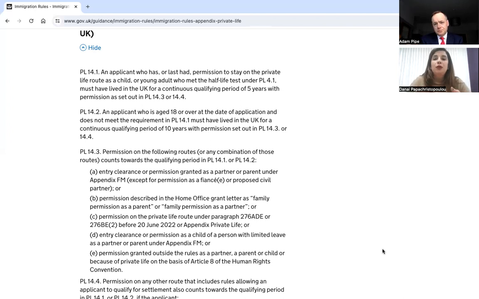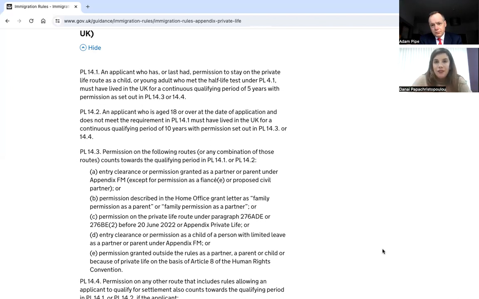cannot be considered responsible for previous non-compliance with immigration rules, because that was obviously their parents' responsibility. And they are also fully integrated. So it's not proportionate to expect them to complete 10 years of lawful residence before they are able to settle. And instead, they should be able to settle after 5 years of lawful residence. And the concession didn't have anything about the specific leave that you're currently on when you're applying, as long as the requirements were met in essence.